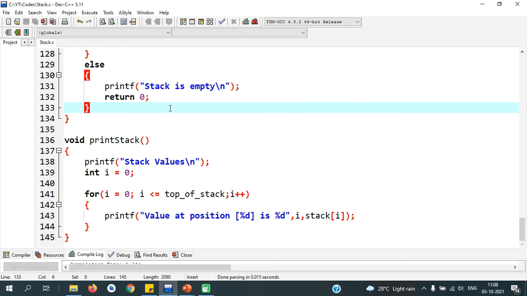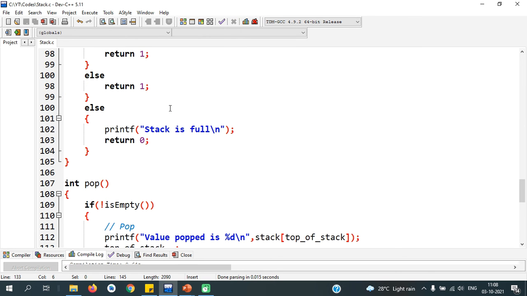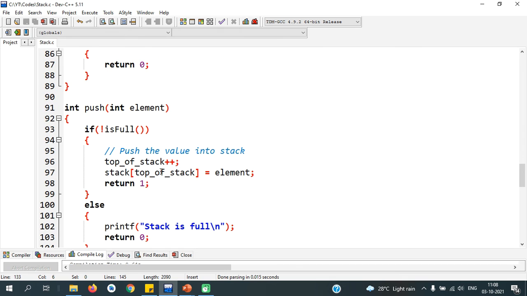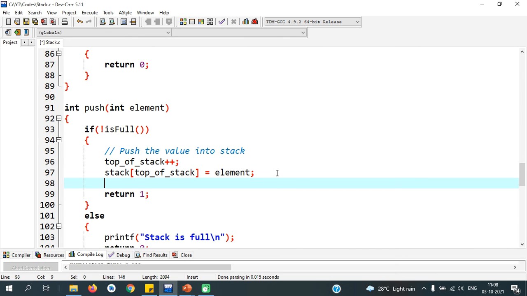We will add one more statement. This will give the user acknowledgement that the value is pushed.